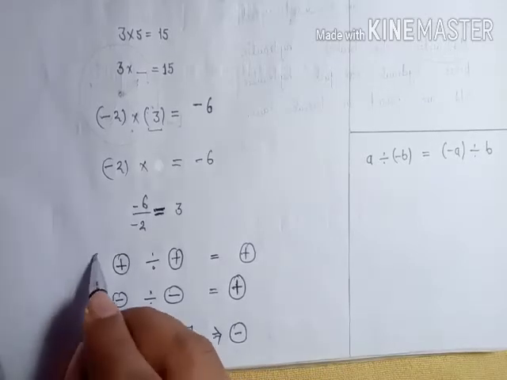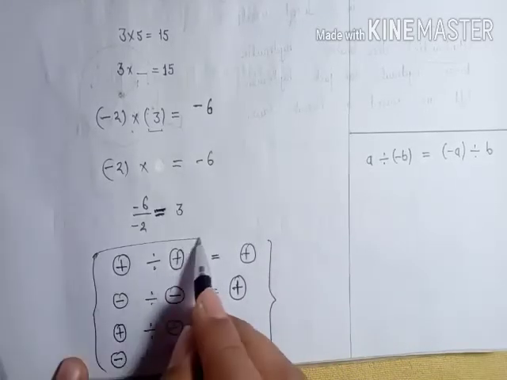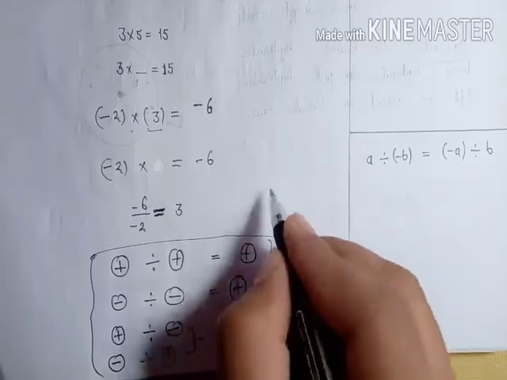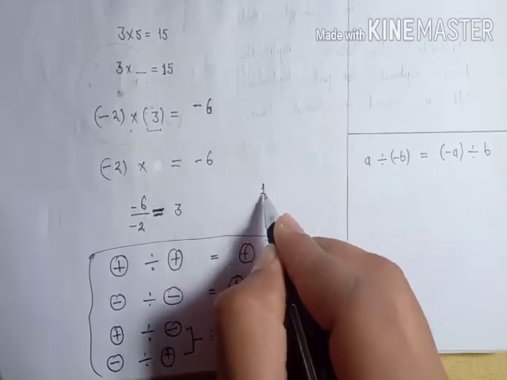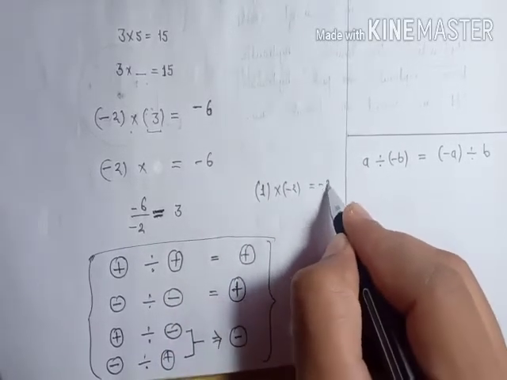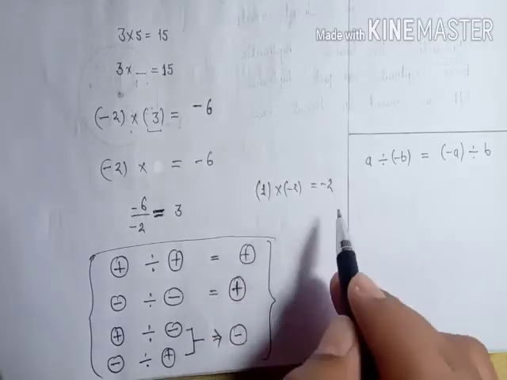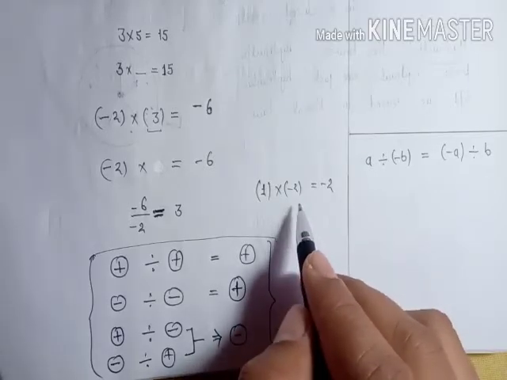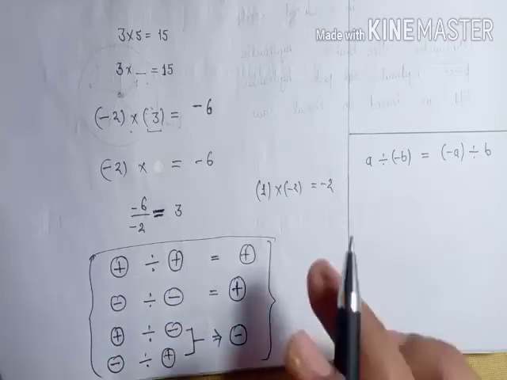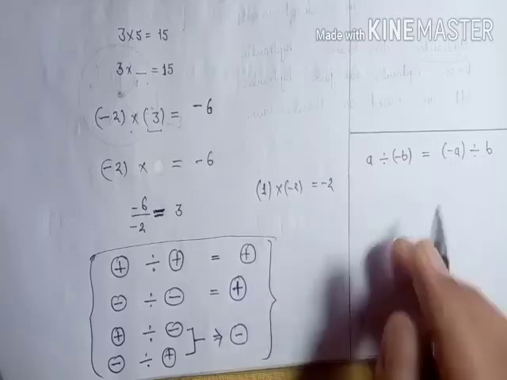So this is the thing that we want to discuss, and in this exercise we are going to see some results of this property. See, if we multiply 1 and minus 2, we have the result minus 2. So if you divide this minus 2 by 1, you will get minus 2 because that will be the quotient. So these are the results. Keep this in your mind, just try to inculcate it right now and note it somewhere.